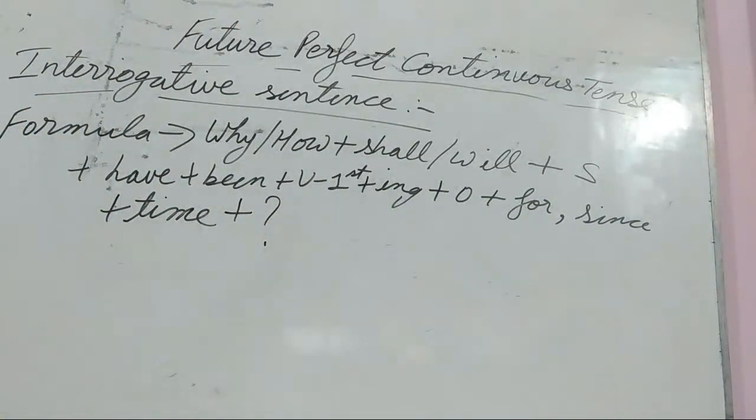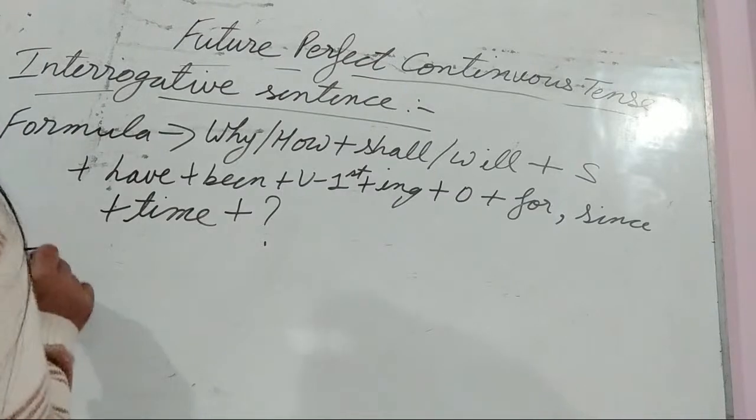So the formula for the interrogative sentence in future perfect continuous tense is why or how plus shall or will plus subject plus have plus been plus verb of first form plus ing plus object plus for or since plus time and a question mark as it is an interrogative sentence. So let's see the example related to it. Example is